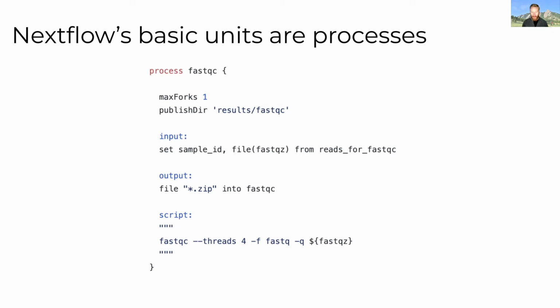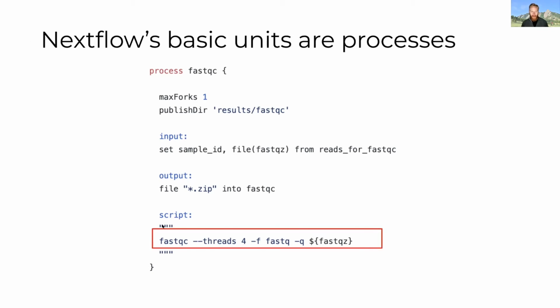So breaking this down piece by piece, first we'll take a look at really the meat of the process, the action that happens, which is down here in the script area of this process. Anything enclosed within these three quotes is just a bash shell command that tells what this process will do. So this is the command that you would run if you were just running it on the command line outside